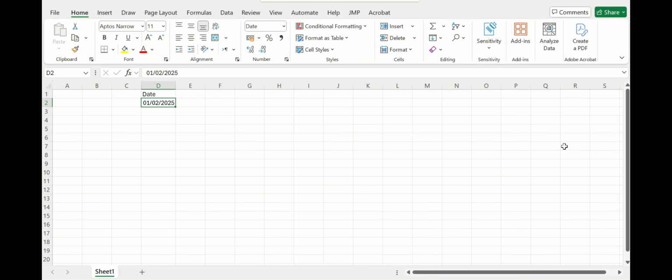How to auto fill date in Excel. In this Excel data sheet, I have a column which is labeled as date, and I inserted 1st of February 2025. And if I want to auto fill date in that column per year or per day or per weeks,